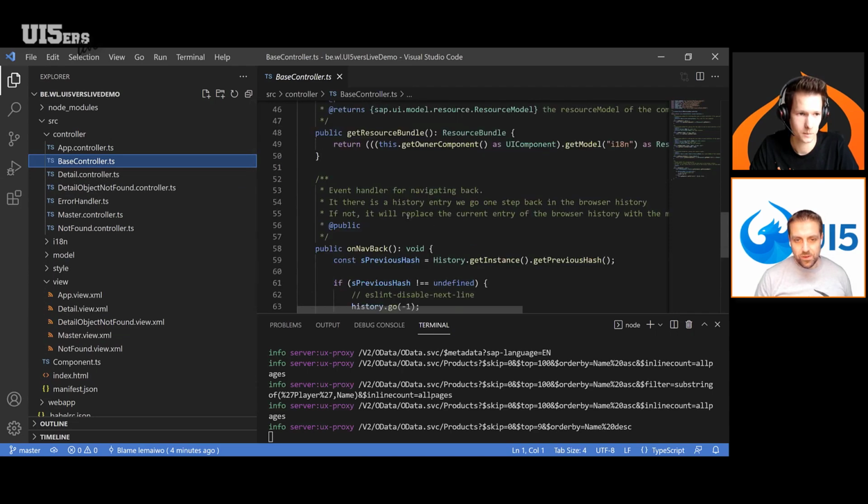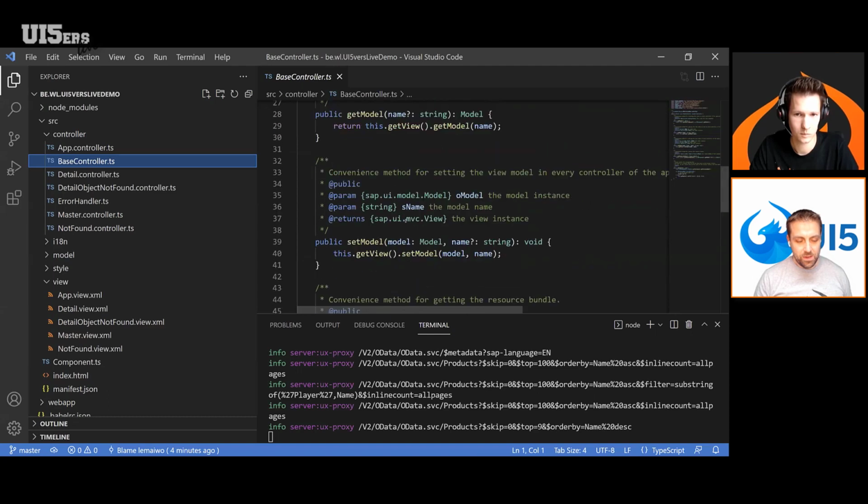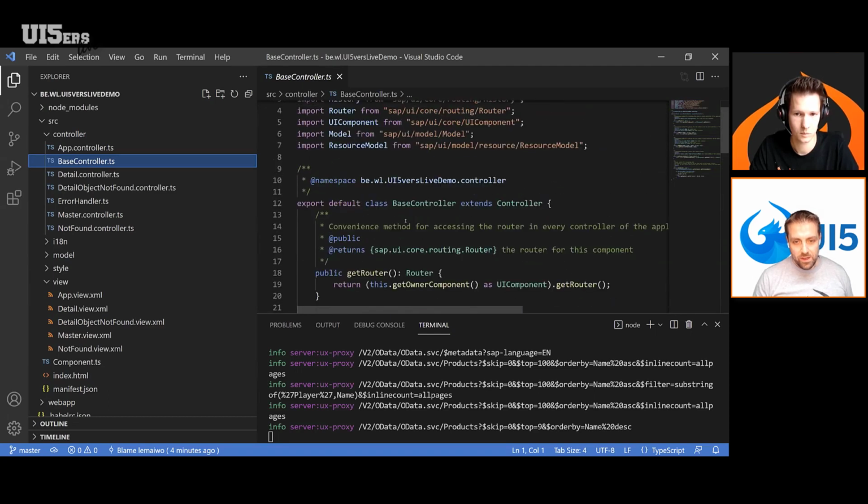That's one of the specialities, which is a bit different to what we had before. But overall, I would say from a setup perspective, it's close to the simple template we had before.